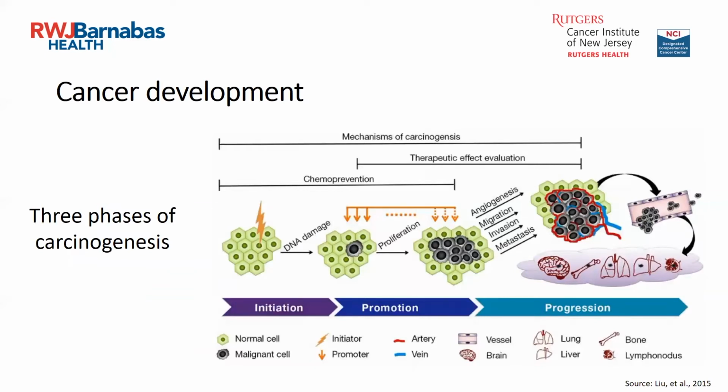Cancer takes years to develop, and we consider cancer development as the 3 phases of carcinogenesis. This is a fancy way of saying when normal cells are transformed into cancer cells. These phases include initiation, which are the first cells to mutate. Promotion is the proliferation of cancer cells. And I just want to mention that it's during this phase that we screen for cancer prevention. Here's where we are doing mammograms, pap smears, and looking for abnormal cells. Cancer prevention activities can prevent and detect cancers early.